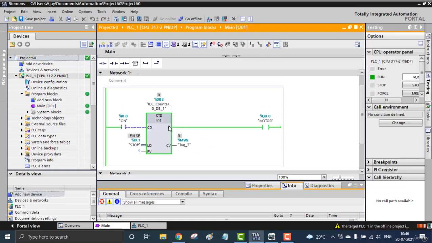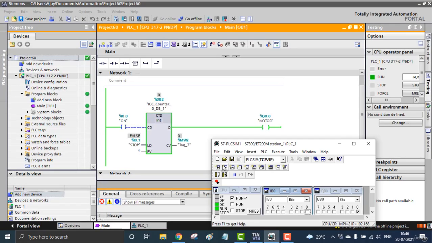Now I'm going to run this. First I have to set this. When I turn on the count down, it's going to -1. See, it's going to -1. In the previous case, it was not going to -1. The semantic counters are not going to -1. It stops at 0. That's why the set is very important. Here is the load. Load means you will be loading the preset value to the current value.